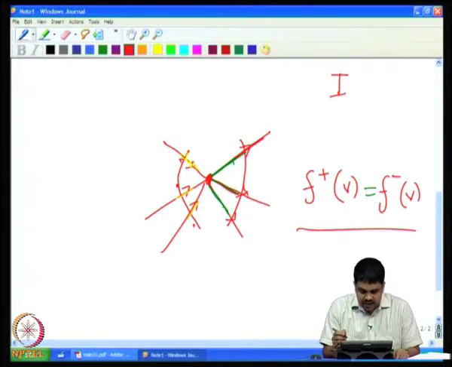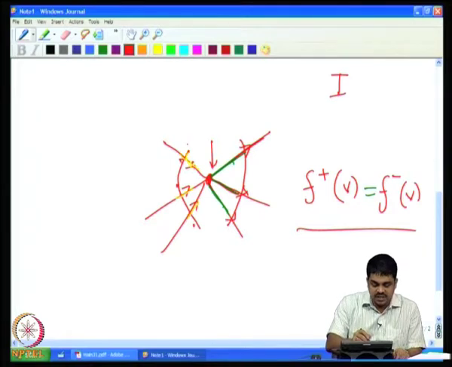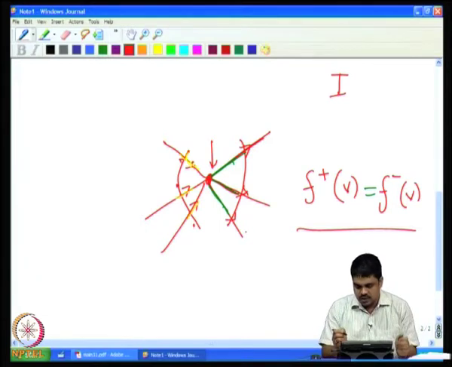You can see that it says whatever comes into this vertex should go out, at the rate. For a certain rate per unit time, whatever comes into this vertex should go out in unit time. So, that is a conservation